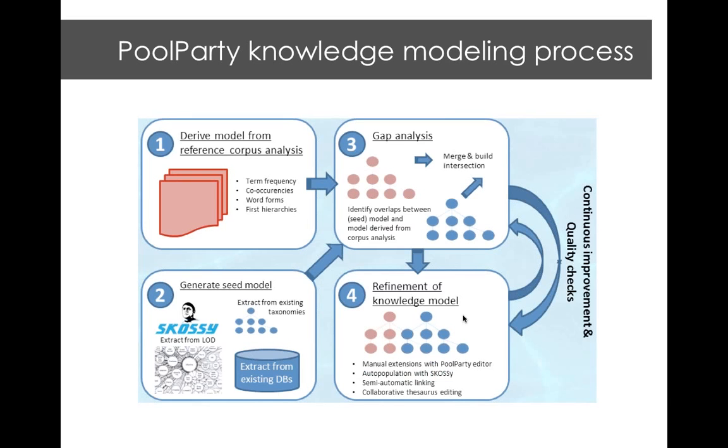So that's the third feature I want to point out. That's the integrated text corpus analysis. It helps you to find out, first of all, terms which are not covered by the thesaurus. That's the first and most important feature. And on the other hand, it also reflects the gaps between the thesaurus and the corpus, which means it shows you a list of concepts of your thesaurus not used in the corpus, for instance. So those are the two most important